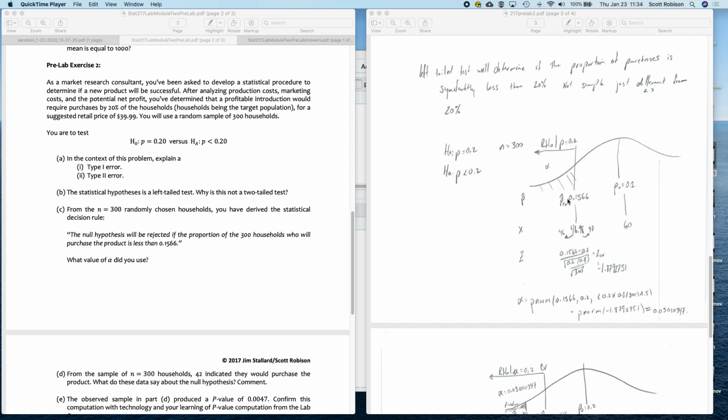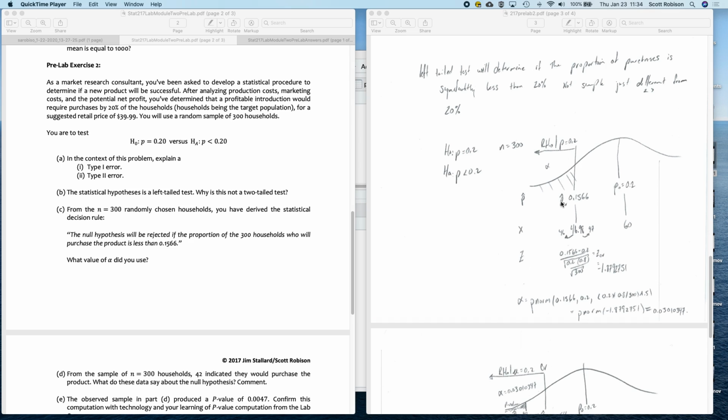So once it's this low or lower, I'm going to say that's low enough to feel like that's not even in the same ballpark anymore. So what they've given us here is the critical value. We're actually used to being given alpha and then finding the critical value. But in this case, they've given us the critical value and they're asking us to calculate alpha based off of that. So they've actually given us when we would reject the null hypothesis and when we wouldn't